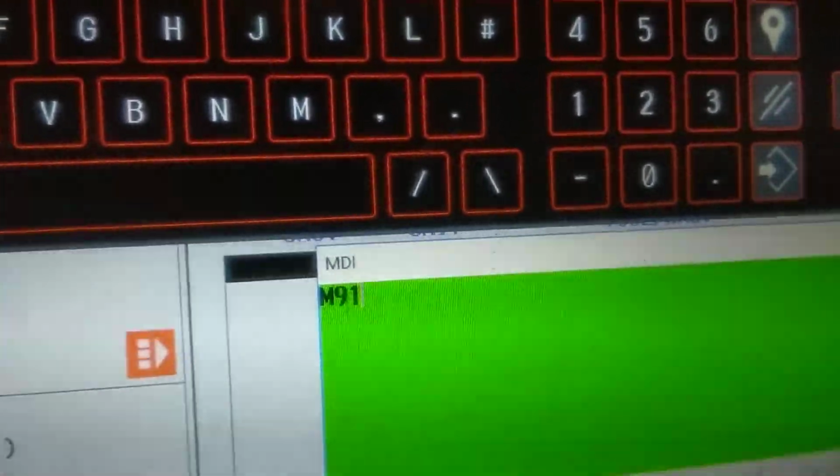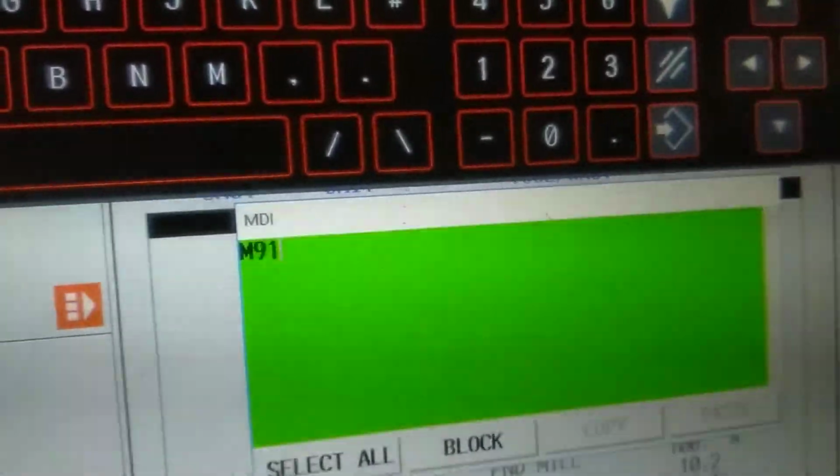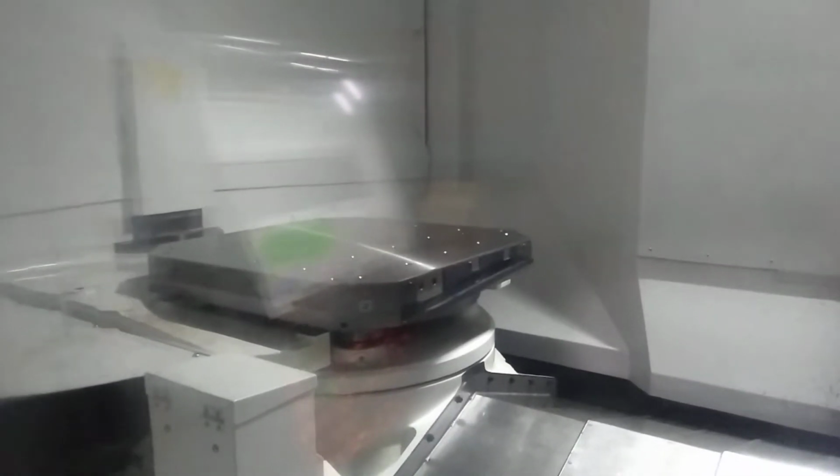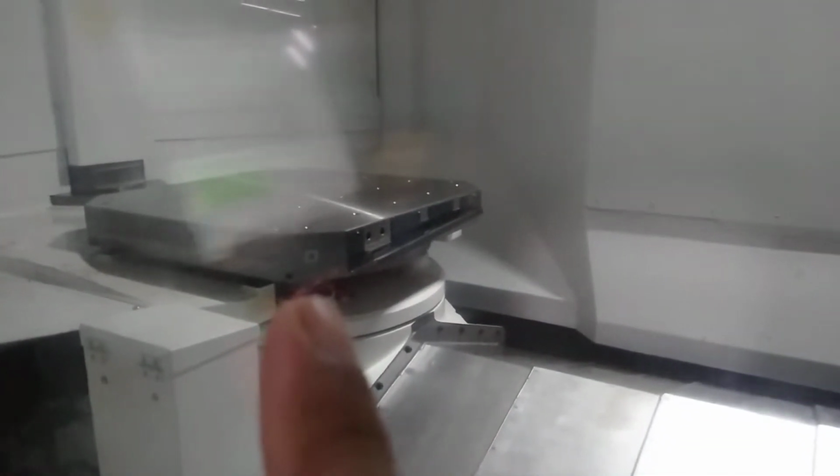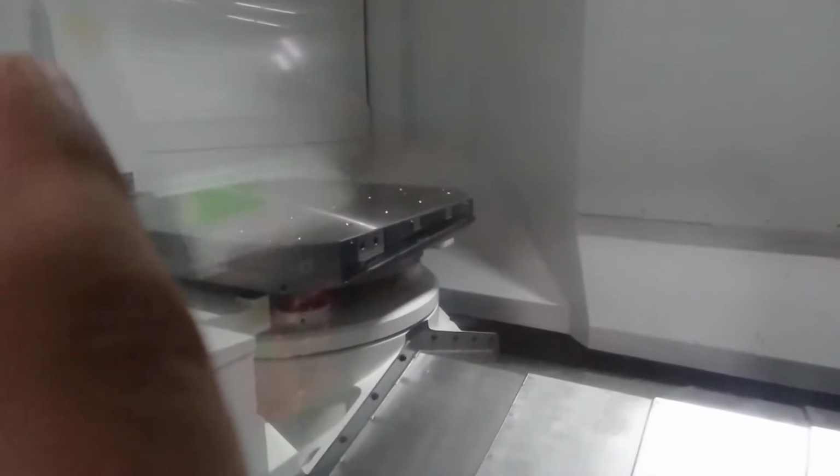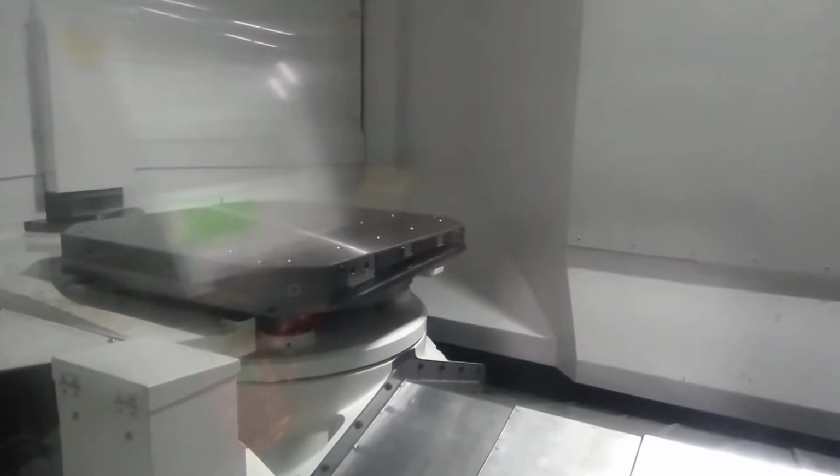If we have to bring one pallet inside this CNC, as this is pallet number 2, you can see now I have to bring pallet number 1 from outside to inside. Now we have to put M91 1 so that pallet number 1 comes here.